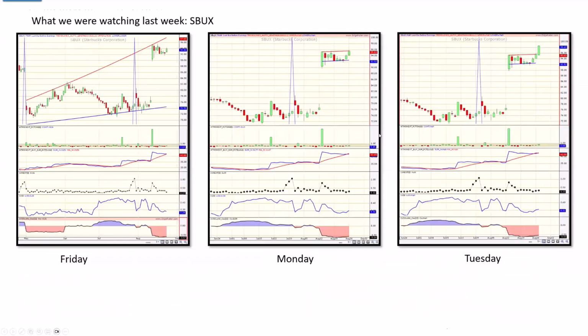And then we'll take a look at Starbucks. This was Starbucks on the last weekend, on the Friday. See the longer term trend lines trending up. It's in some consolidation area here. And then on Monday, the bar pushed a bit higher to create these shorter term trend lines. They now came into effect. And then on the Tuesday, Starbucks pushed out of that into this bar here.